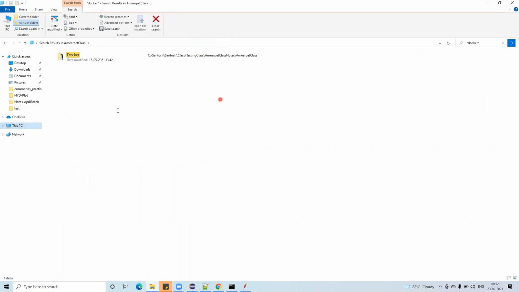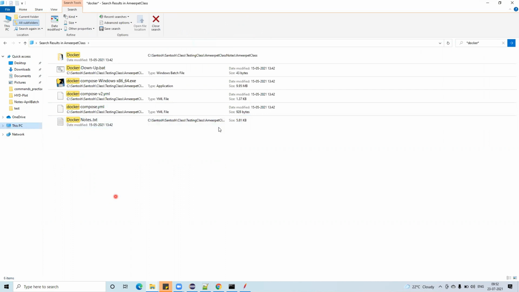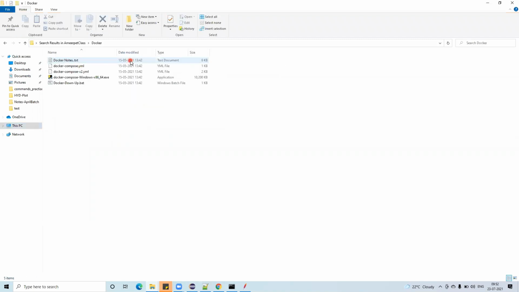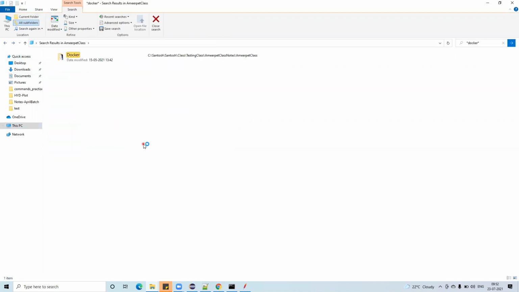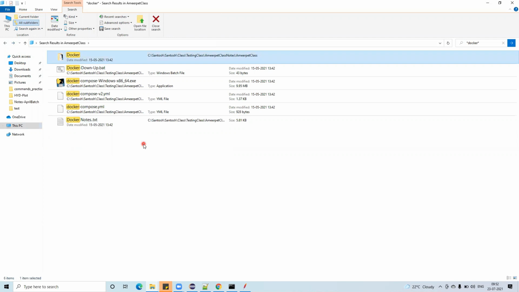Docker notes. I will send you the Docker notes. The complete what is Docker, everything is captured under the document. I will take care. So I will send it. That is my responsibility.